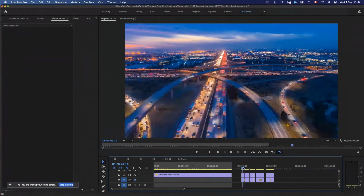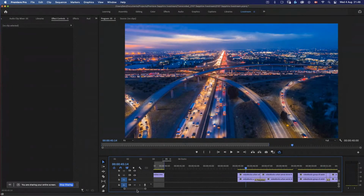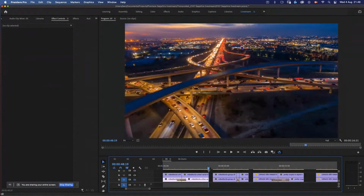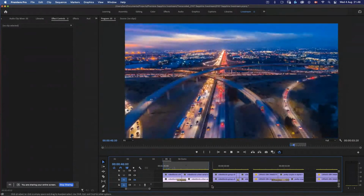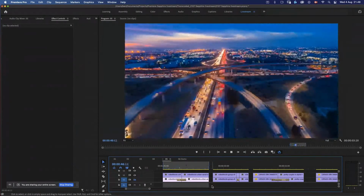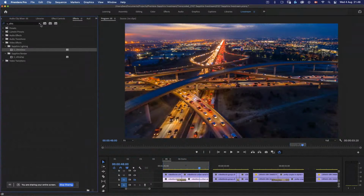So let's take a little look. I say little look, I actually do mean a little look on this one. So let's come over here. I've got a jump cut that I need to elide, I need to transition between. So I'm going to come up here,